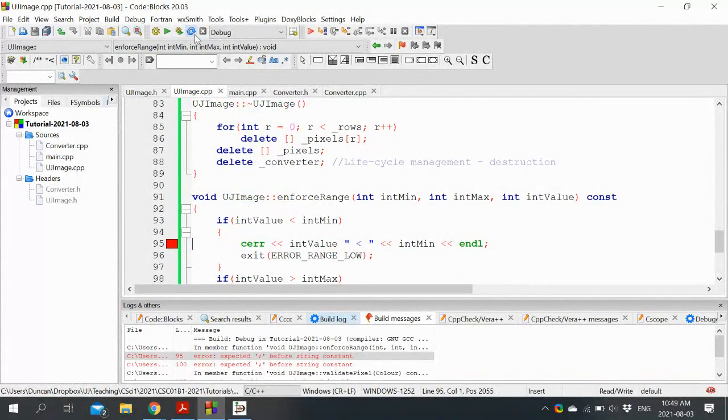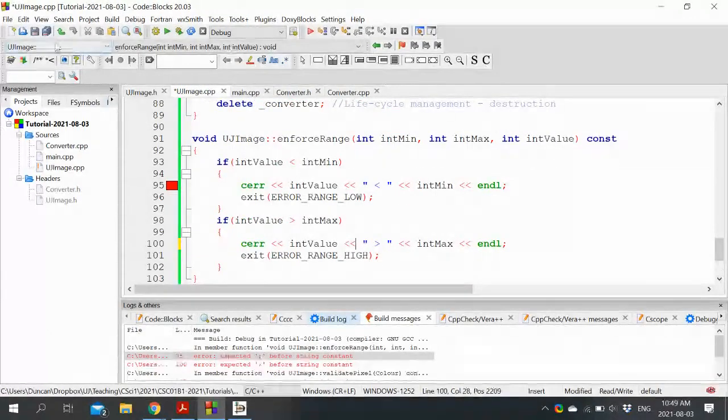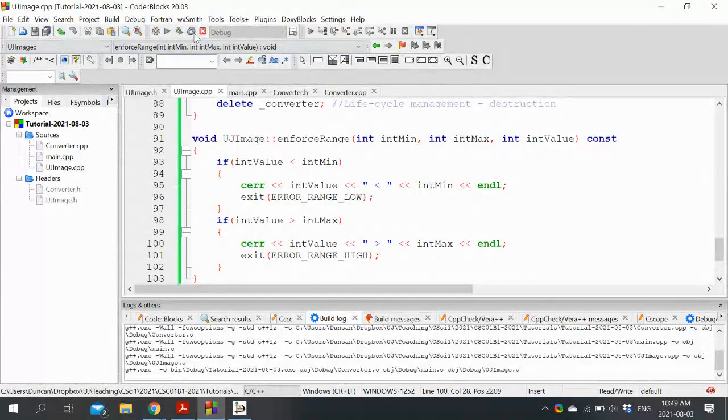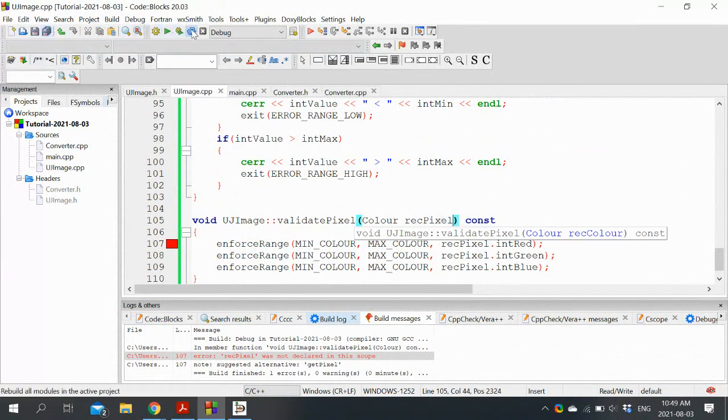Other problems. Not one I expected. Simple problems. Okay, I probably copied and pasted, so that's not my fault. Okay, hopefully those will go away now.